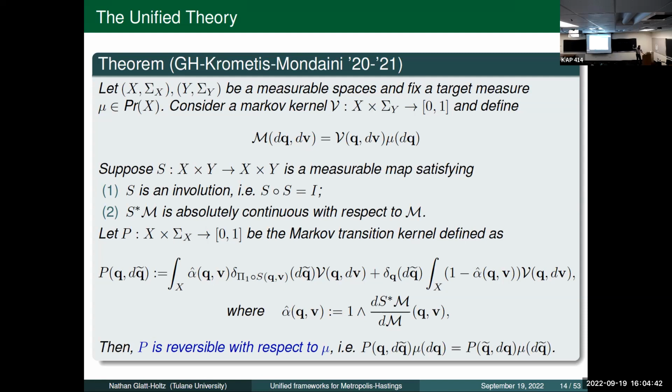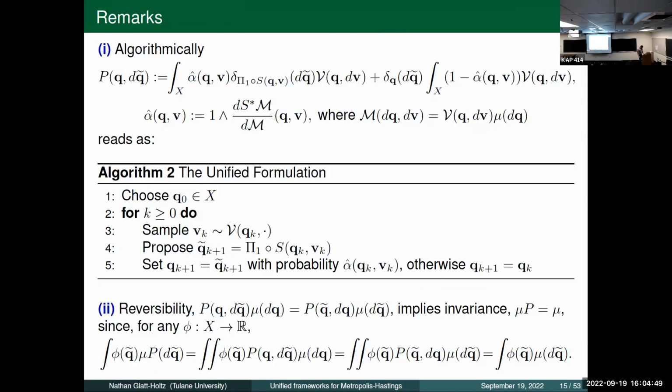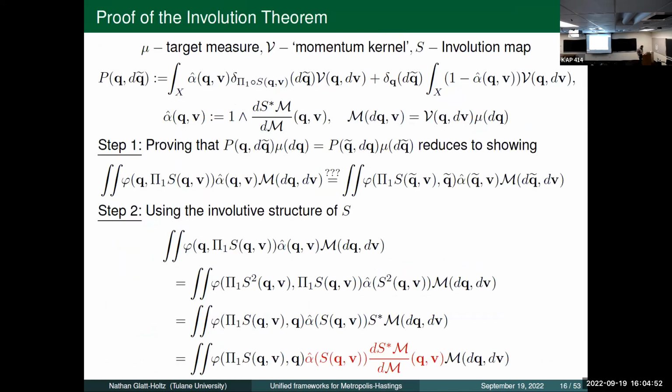Okay, it took us a year to figure out that this was the right formulation. So let me say a word or two about the proof. With a lot of these theorems, it takes you a year to figure out exactly what the right formulation is, and then you learn how to work with push forwards and with Radon-Nikodym derivatives in the right way, and the proofs are very simple. When we finally found the right framing, the theorem is just a couple of slides. So basically, I want to show this